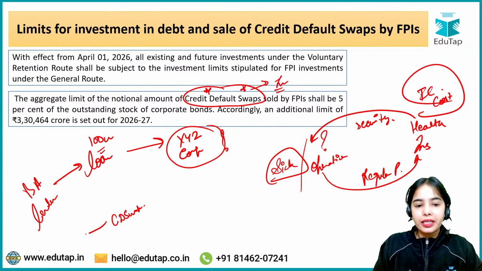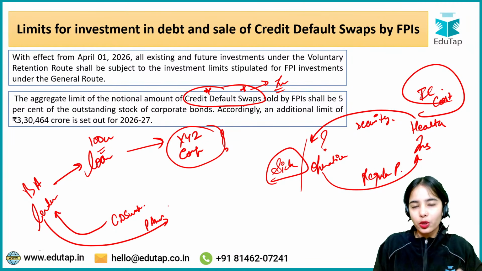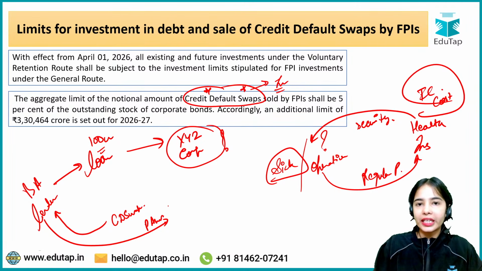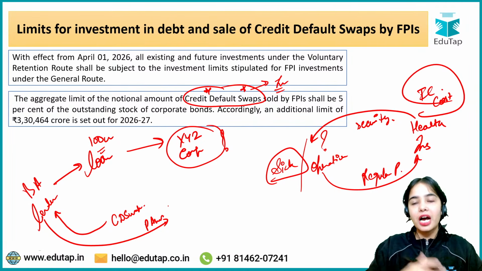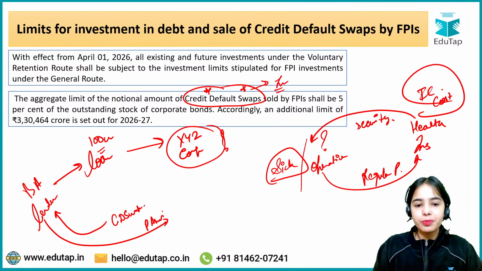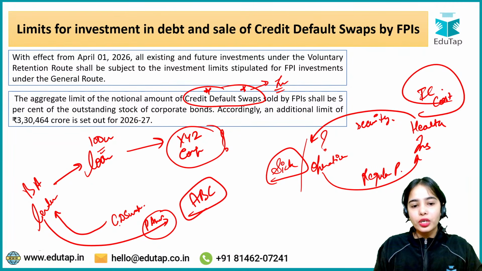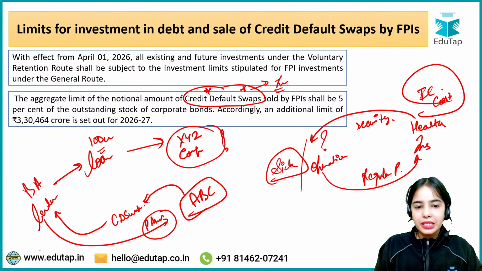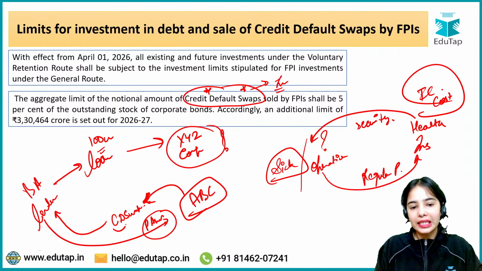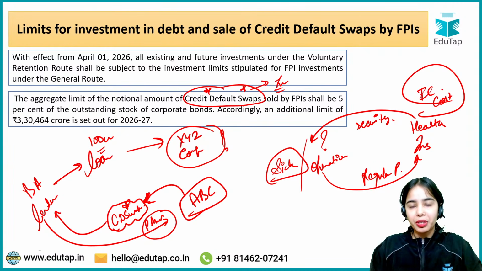I am buying this credit default swap by paying some premium amount on a regular basis, or maybe a one-time payment, or on a half-yearly or yearly basis. I will pay this premium amount to some company, let's say ABC. So I have bought this credit default swap from the ABC company. I'm paying the premium amount to this ABC company for buying this credit default swap. I have paid some one-time amount. I am paying some premium amount also.